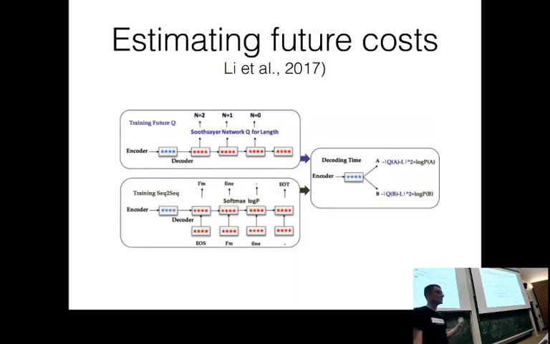Another potential thing to do is estimate future costs. We already kind of saw this with some of the pruning or Monte-Carlo tree search stuff, but here they did this very explicitly. Let's say you're doing machine translation and you want to be able to control the output length. Alternatively, this can be used to train directly against BLEU score. And they did this with a sort of actor-critic setup, where the critic was trained entirely independently of